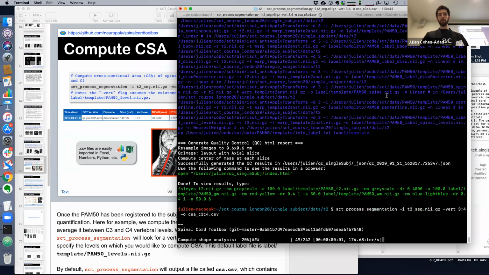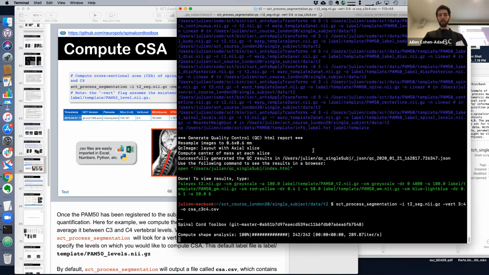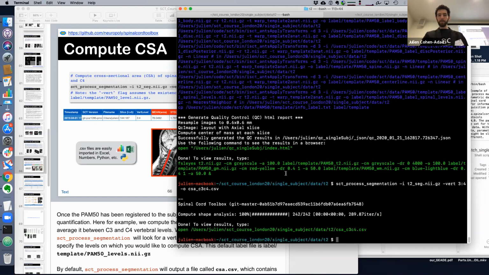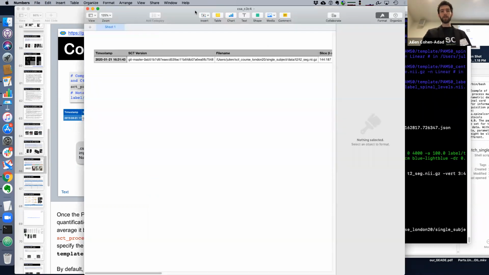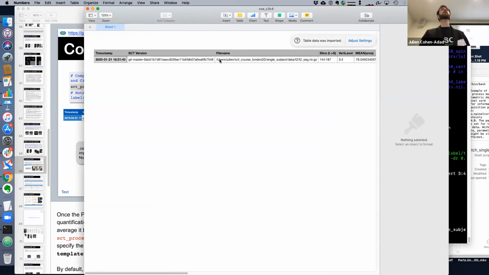Okay, so it's pretty fast. That's our output. It's a CSV file. And so we can open it with your favorite CSV viewer. In my case, on OS X, it's going to be Numbers. You can open it with Excel, for example. And so if we make it a bit bigger,